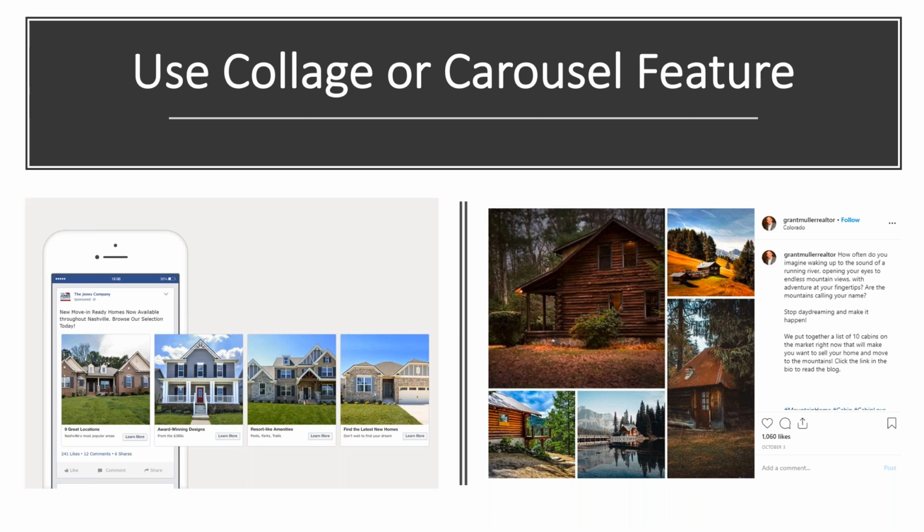From there, you have the option to select up to 10 different photos in a sequential or chronological order based on how you've taken your photos or how you would like the carousel to work. So just playing with that and getting used to it, tap on the photos in the order that you'd like. So 1 being exterior, 2 front entry, 3 in the living room, and so on. You can create a carousel post and then post that onto Instagram. Trust me, that will play well with your algorithm.